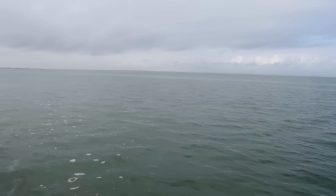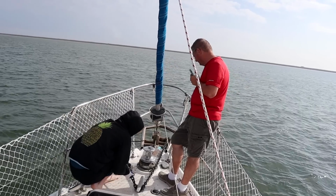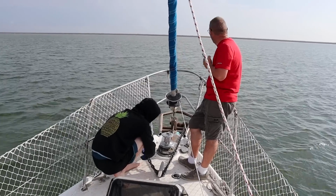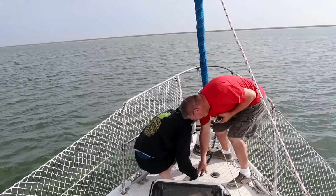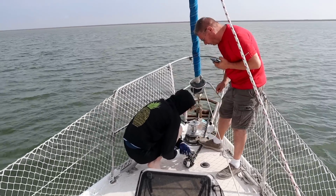We've made the turn off the channel, headed for anchorage, which is 2 miles off of the channel up against the barrier islands. Let it pull it out. Take some time, we're not going super fast. Underneath, over, and then